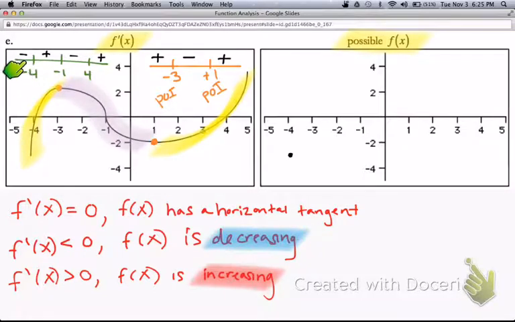So again, notice that I'm decreasing, and then all of a sudden at -4, I change to increasing, so -4 was a turning point. And then at 1, I change from increasing to decreasing. So over here at 1, I change from increasing to decreasing. So this is going to be a turning point as well. And then last but not least, right here at 4, I change from decreasing to increasing. So I'm going to have another turning point at 4. So notice that I have my 3 turning points here. -4 is going to be a minimum, 1 is going to be a maximum, and 4 is going to be